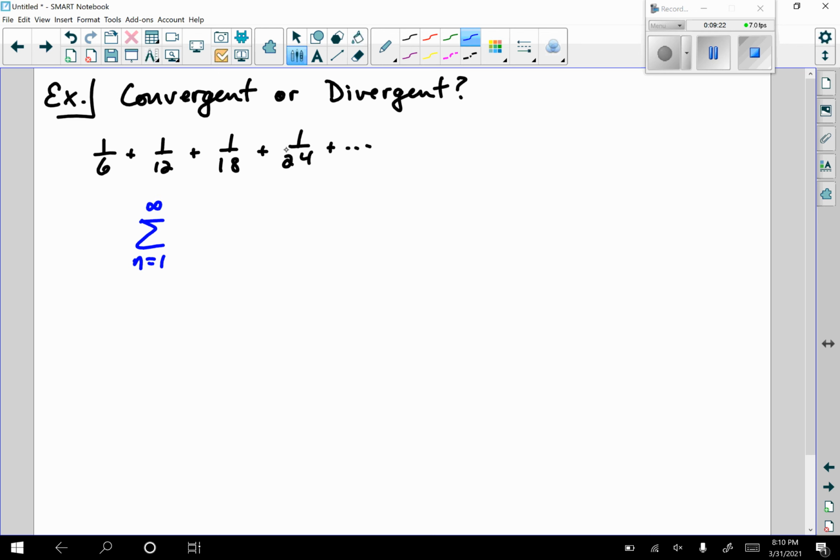So if we take a look at the pattern amongst the denominators here, we could say it's 1 over, and the first one looks like, maybe we could say 6 times 1, and then 6 times 2, 6 times 3, so we could say 6n. Now notice, because it has the 1 over n, it is connected to the harmonic series, and we could factor out a 1/6. We could say it's 1/6 times the summation as n goes from 1 to infinity of 1 over n. So this is divergent